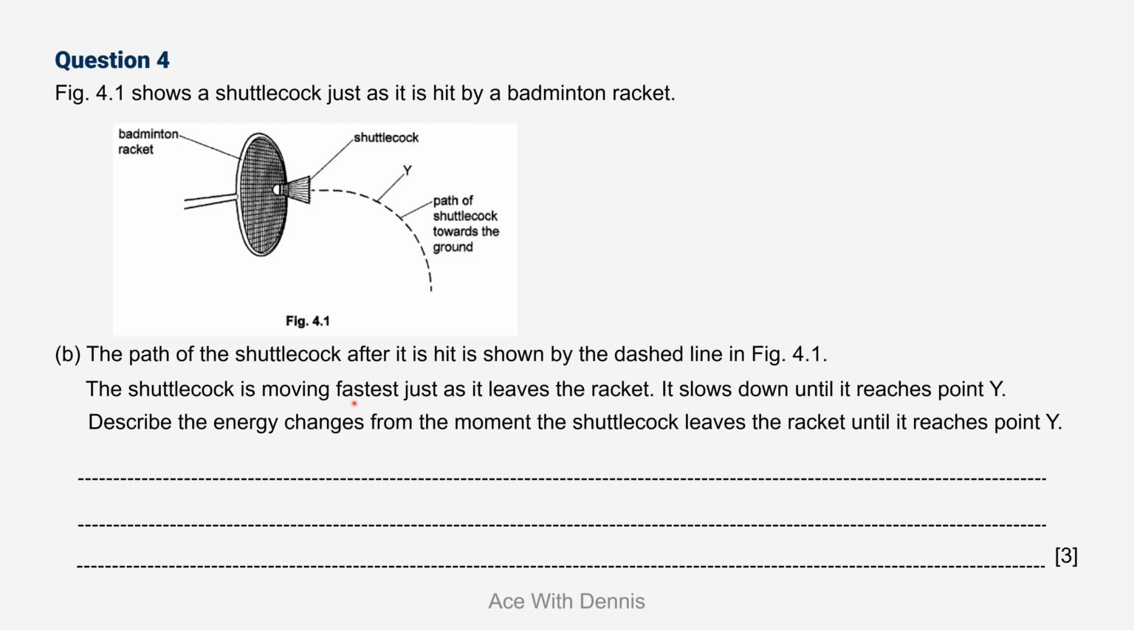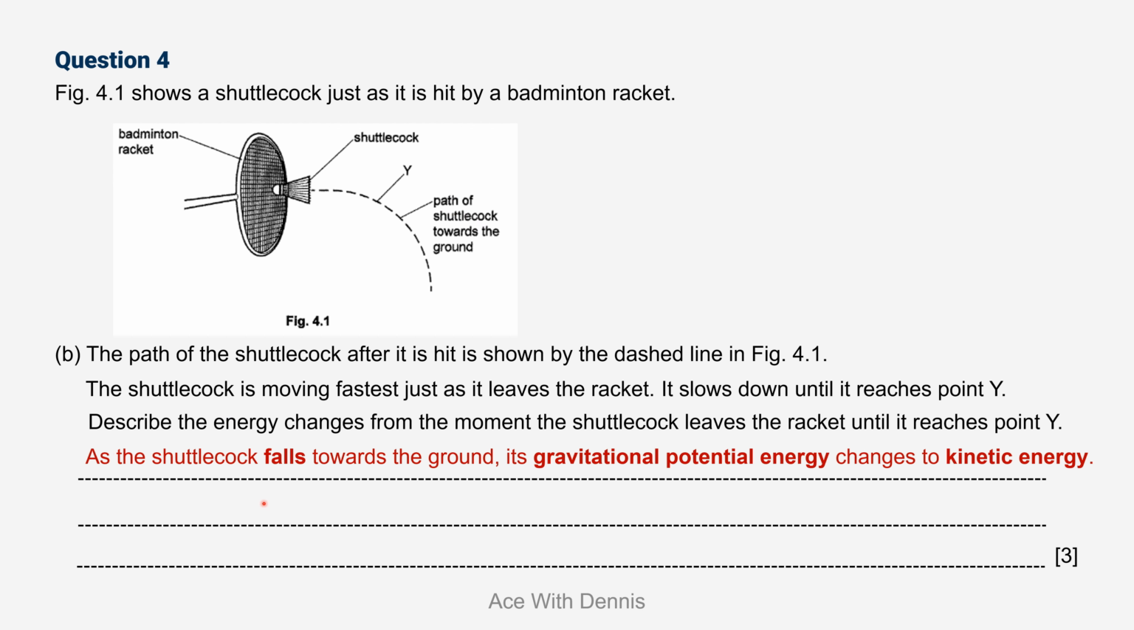Another energy that you need to mention: you look at the diagram. As the shuttlecock travels from this point to point Y, the position of the shuttlecock has changed. At this point it is higher, at point Y it is lower. So the position changes from a higher level to a lower level. This involves another type of energy, which is the GPE, the gravitational potential energy. So the first point we can mention is as the shuttlecock falls towards the ground, its gravitational potential energy changes